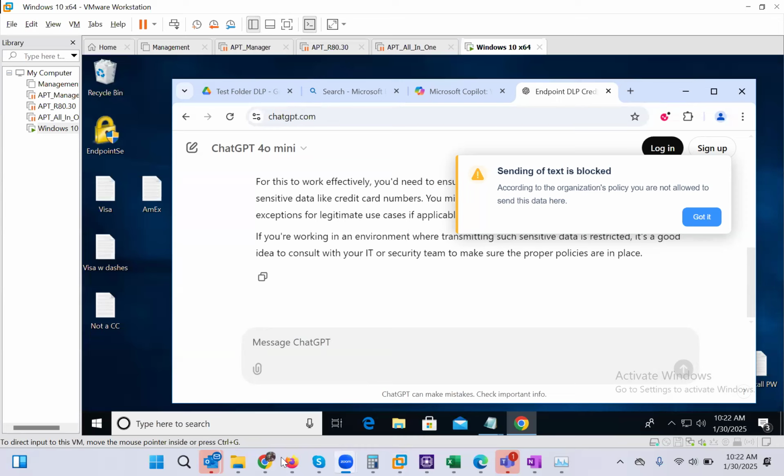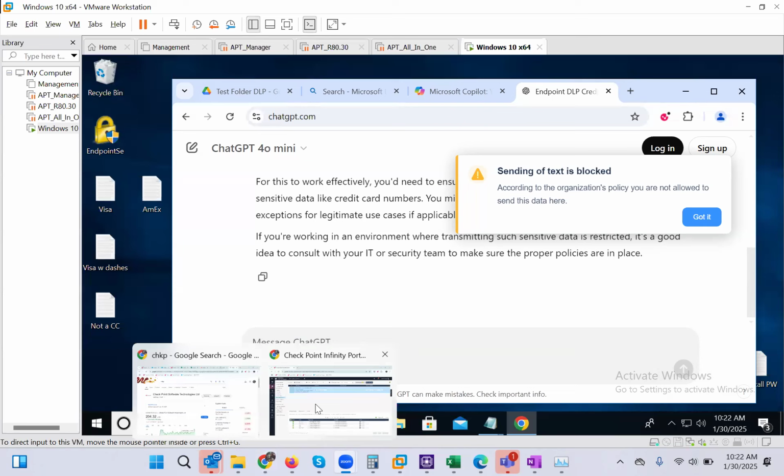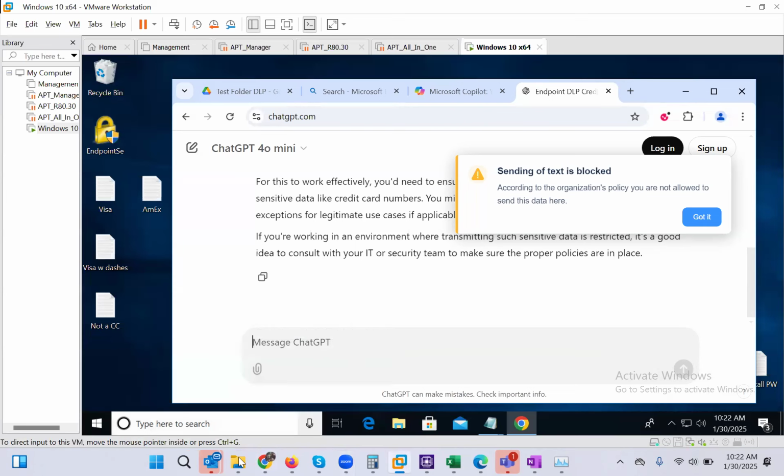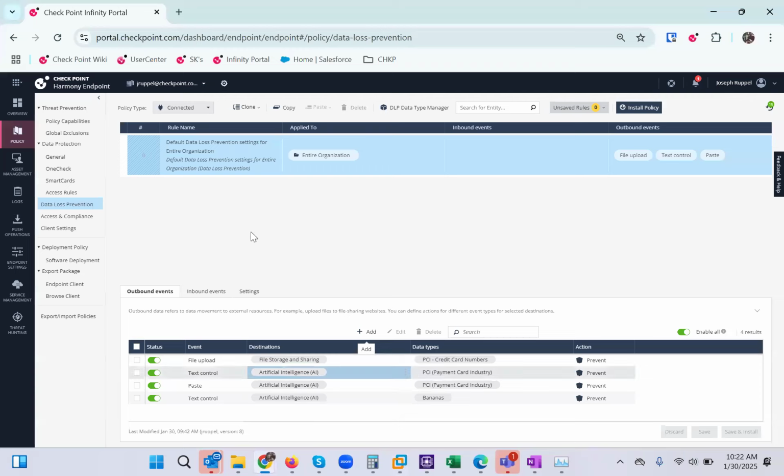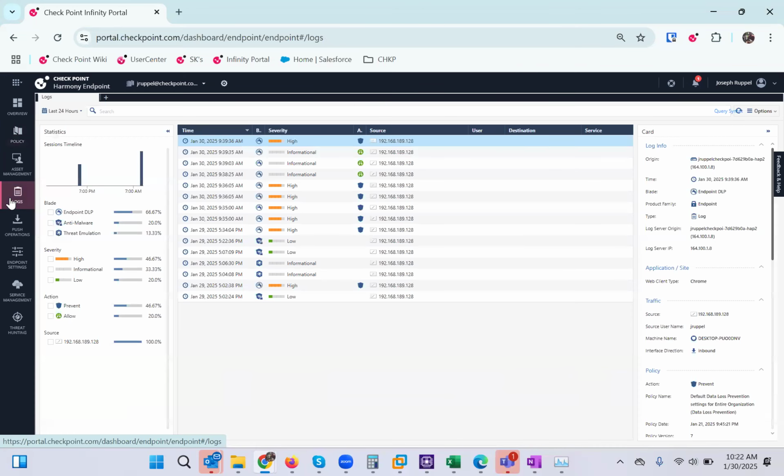Cool. So lastly, we did some stuff. We violated the DLP policy a few times. Everybody had a lot of fun. So what can we do with that? How are we going to learn about that? So the first thing is right here in the logs,